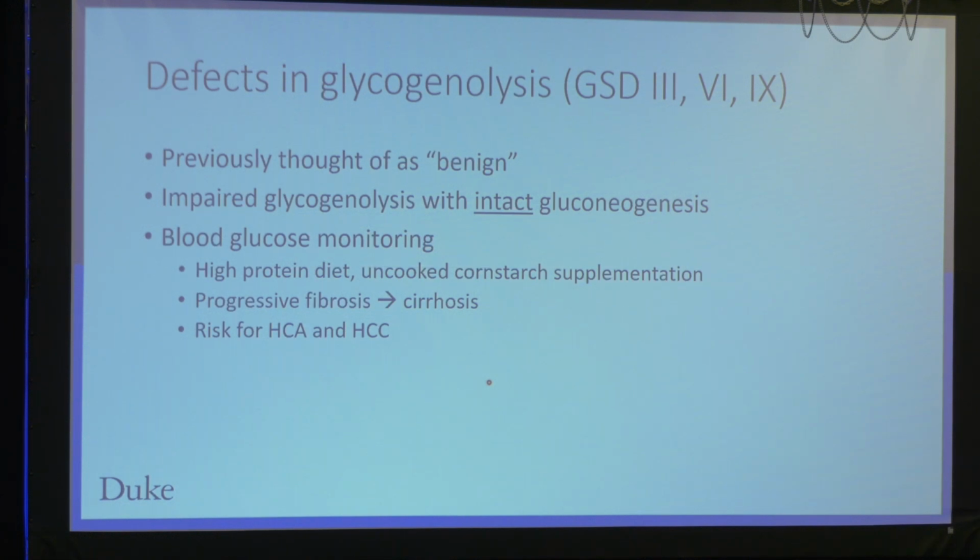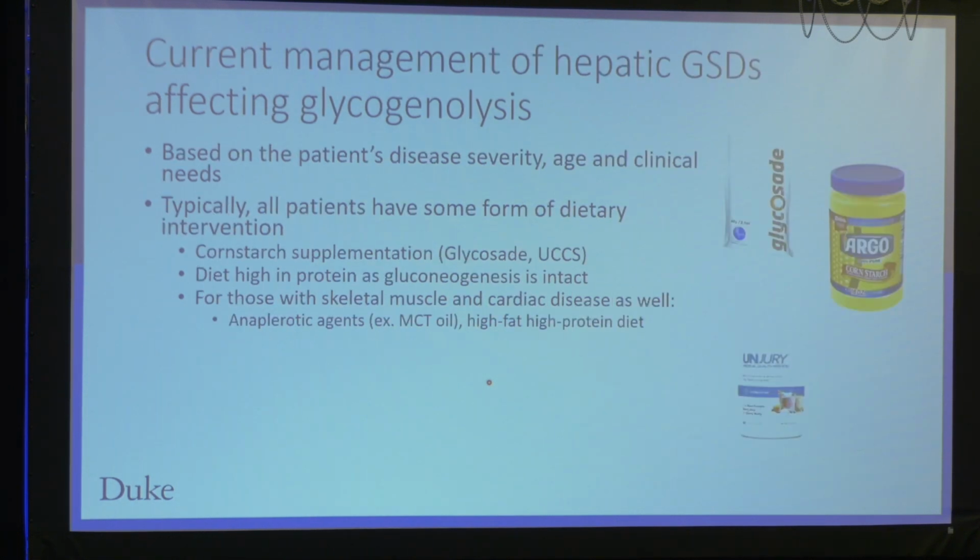gluconeogenesis, so making glucose from amino acids or from protein. And the treatment really is we do the high protein diet, we do the uncooked cornstarch, or we can talk about it as glycosade. But if you look under the microscope, that's where I started, there still is scar tissue that occurs. And it's not only in the liver, it can occur in the heart, and it can also occur in the muscle because of that limit dextrin structure. So it's not all doom and gloom because we have made a lot of strides, but I think we've got